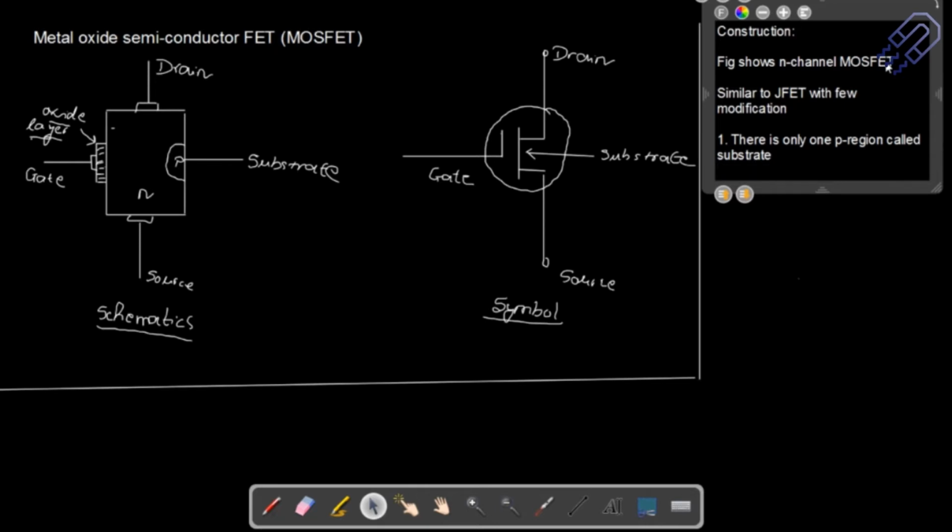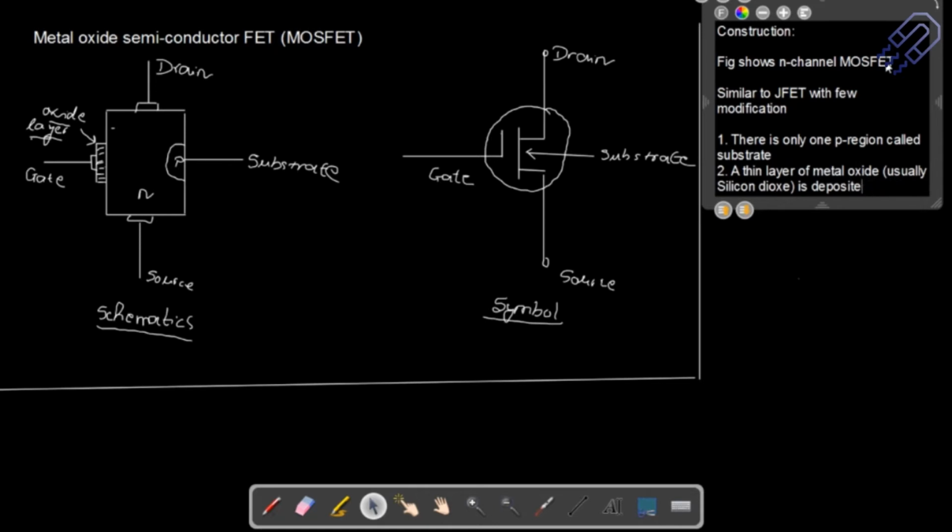The next point is a thin layer of metal oxide. This is important, because that is the entire working of a MOSFET. What is that metal oxide? It is usually silicon dioxide. Silicon dioxide is the metal oxide that is mostly used, and it is deposited. There are different ways of depositing, using some technique. These depositions are done as a kind of thin film, layer over layer,